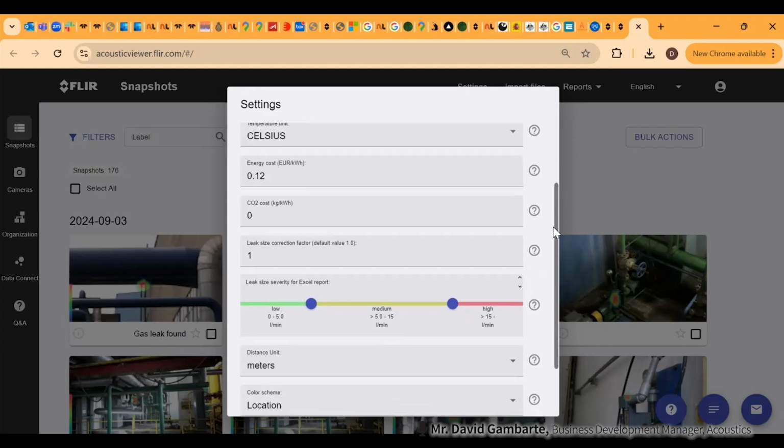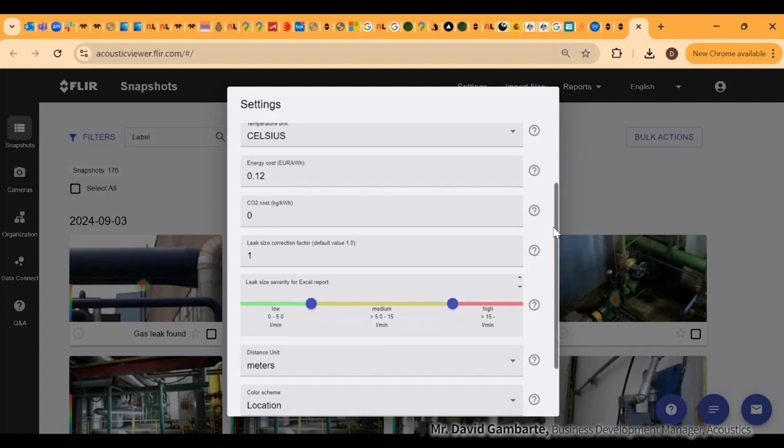This is a feature that we have added because in different organizations it was actually requested. They use different systems, not only acoustic cameras from us, but also other systems to find leaks, and also systems to calculate the leak size by themselves with their own protocols and their own formulas.